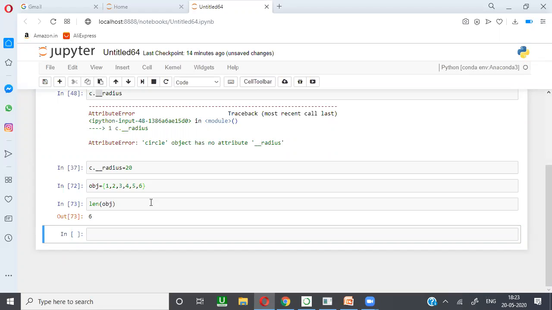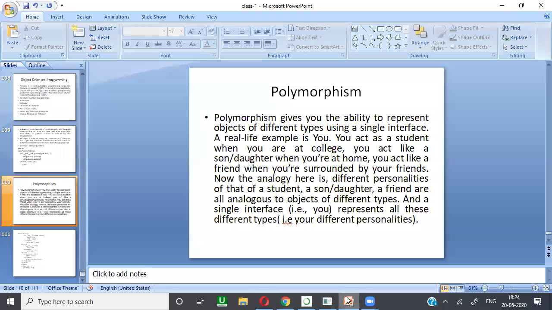Similarly, we can also implement our own process to show polymorphism. Here I'm taking one example of shapes. We have different shapes, like rectangle and circle. I'm going to define polymorphism for these.